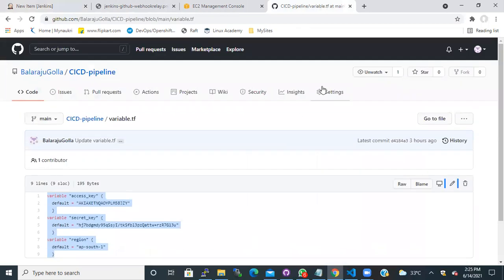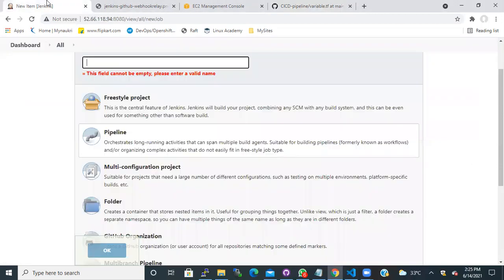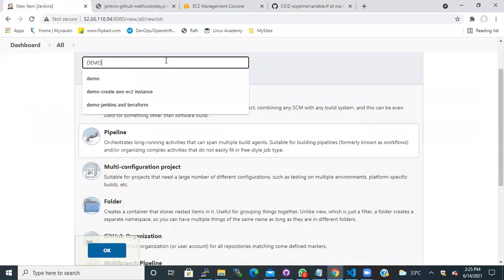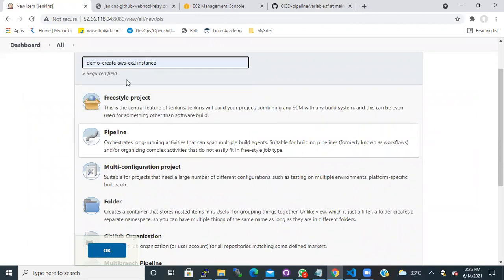Then I will give it a name. Let me do it: Demo, create security groups for AWS EC2 instance, auto deploy.